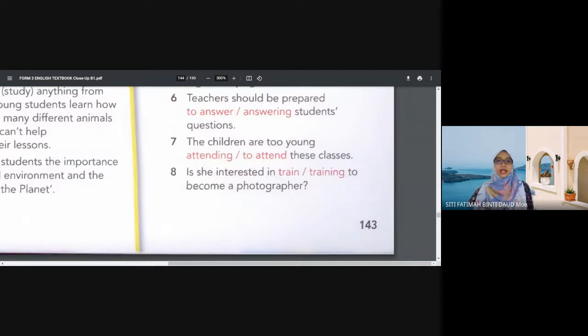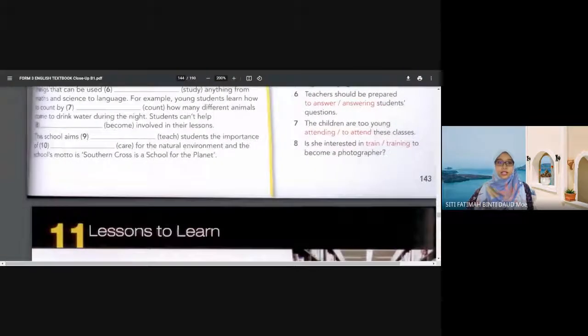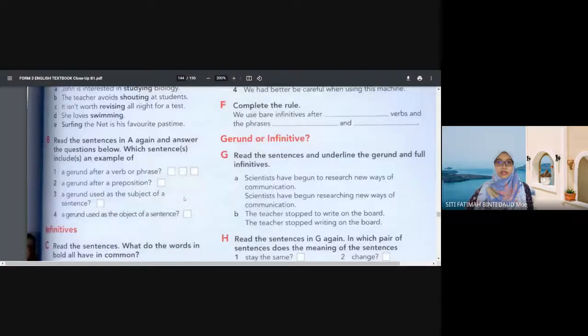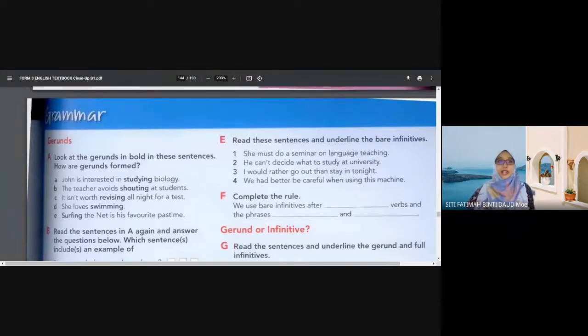Okay, that's a lot, but I hope you are all okay with it. Don't worry, for today it's just an introduction. I'll continue tomorrow where you have to do more exercise on this. So today, before that, do you have any questions? No. About gerunds and infinitive? Okay, all right, so after this